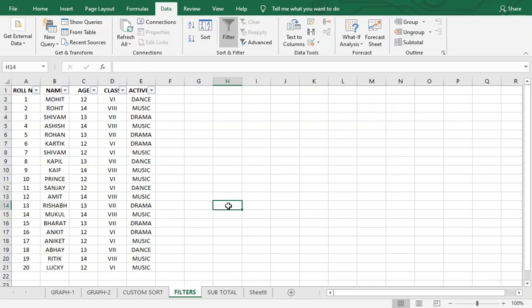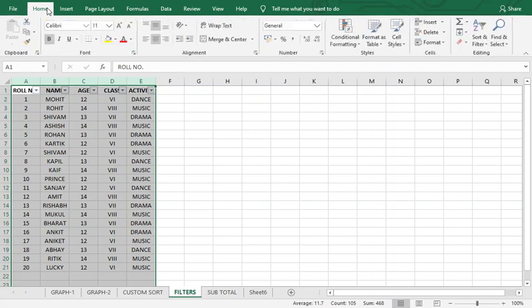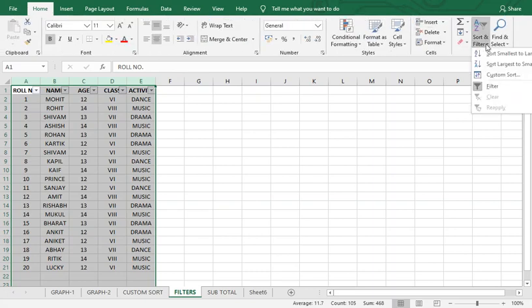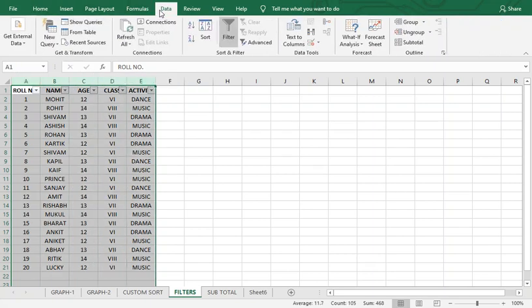So this is how you can apply filters, and now how you can clear them. Select the filter, go to Home, click on this option, select the filter, go to the Data tab, and you see the filter is grayed out here.